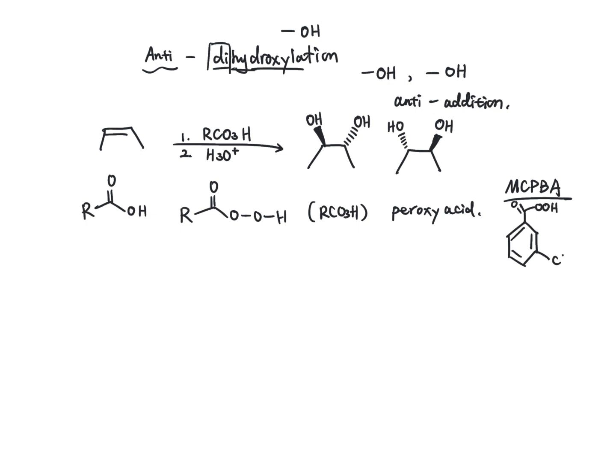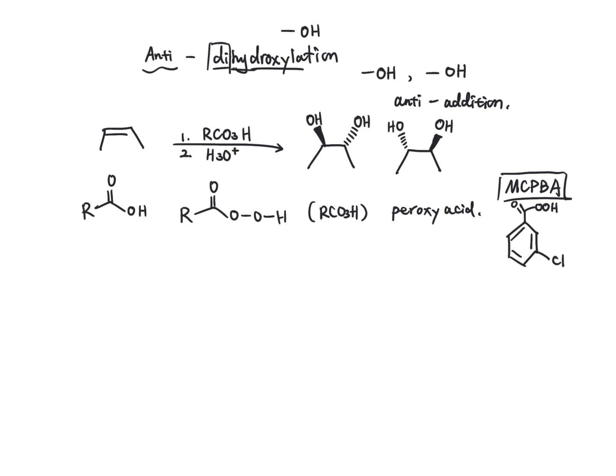And C stands for the chlorine. P is peroxy benzoic acid. So that is meta-chloroperoxybenzoic acid. So if I put MCPBA as a reagent, you know that's just one of the peroxy acids used in the